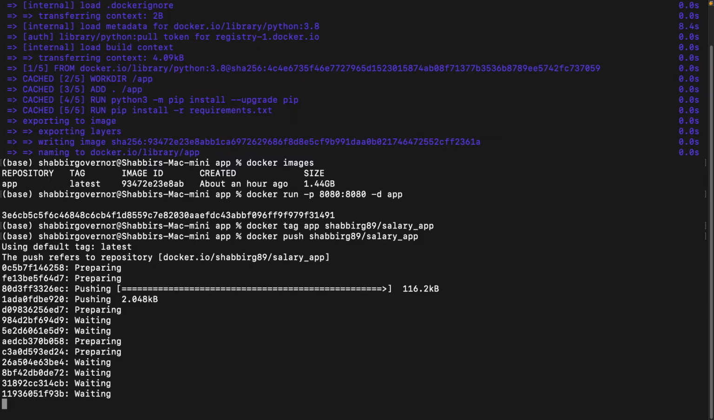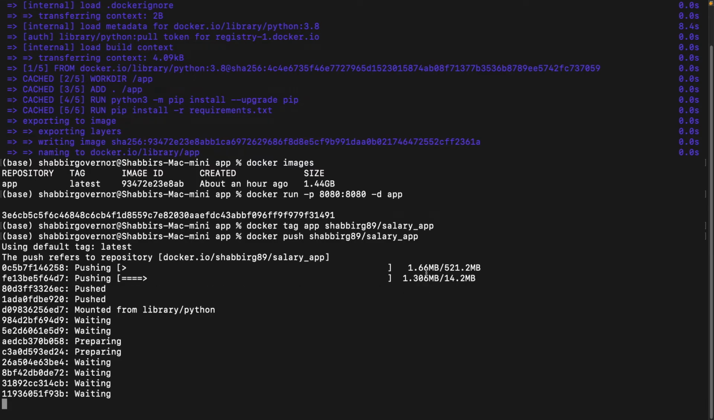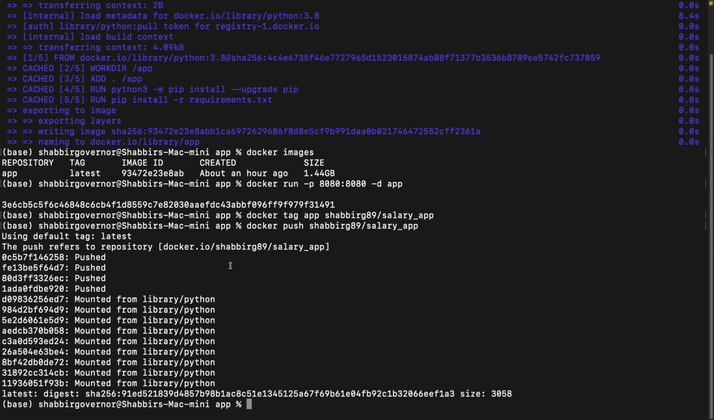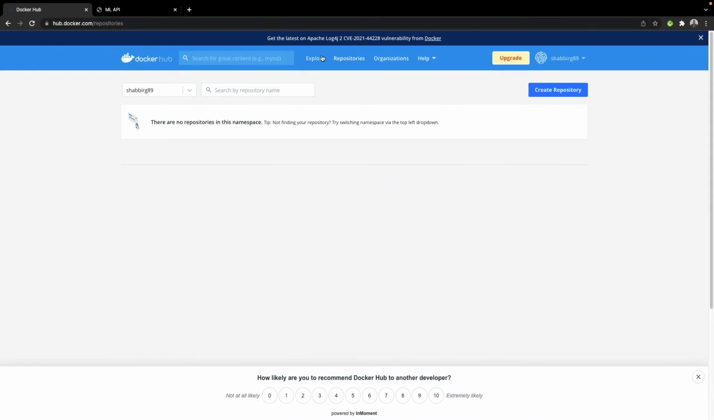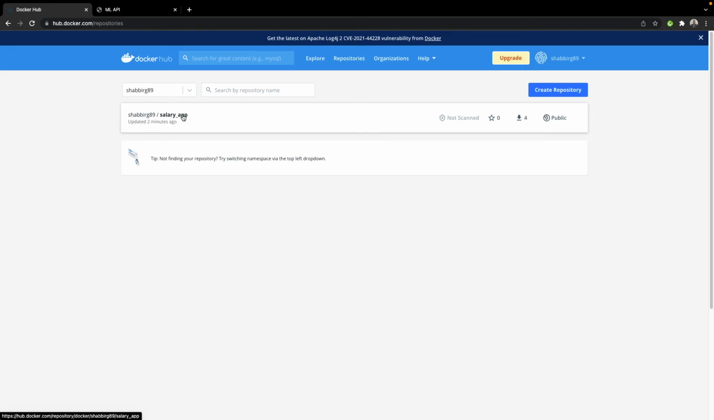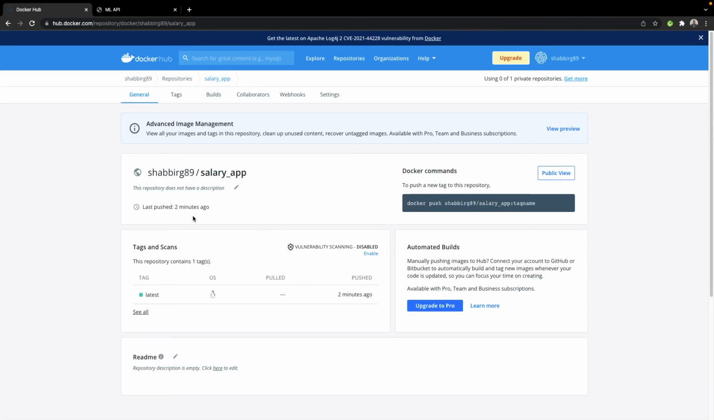It will push it to your Docker Hub. It is a 521 MB file, so let's just wait for Docker to complete the uploading part. Now you see here that the entire application image has been pushed to Docker Hub. Let's just go to repositories. As you refresh the repository, you will see that the entire image has been uploaded to your Docker Hub